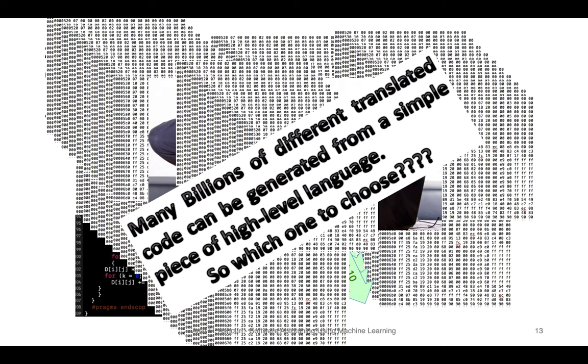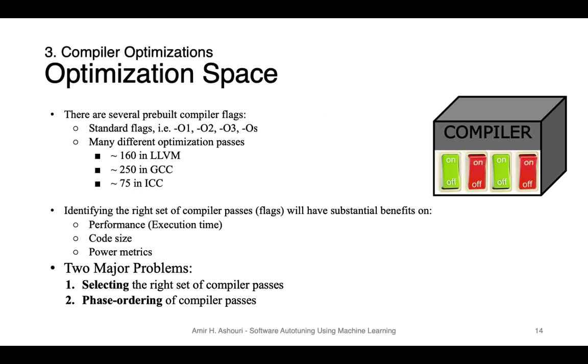I'd like to tell you that simply by having less than 100 compiler optimizations, we can generate many billions of different translations from a code that sounded very easy for us to generate at first, right? So let's go to the state-of-the-art compilation frameworks like LLVM, GCC, or Intel ICC. In LLVM, for instance, we have around 160 optimization passes. In GCC, we even have more. So you see, the problem expands to a point that manual construction of heuristics is virtually impossible.